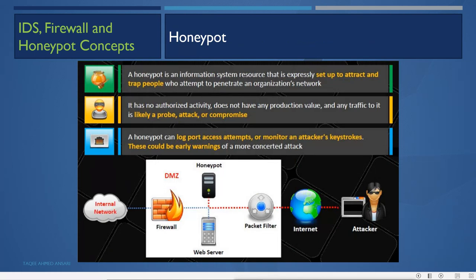Now the next thing is the honeypot. A honeypot is an information system resource that is expressly set up to attract and trap people who attempt to penetrate an organization's network. It is just like a honeypot: when you see it, you see the honey there, but there are some honey bees there also.